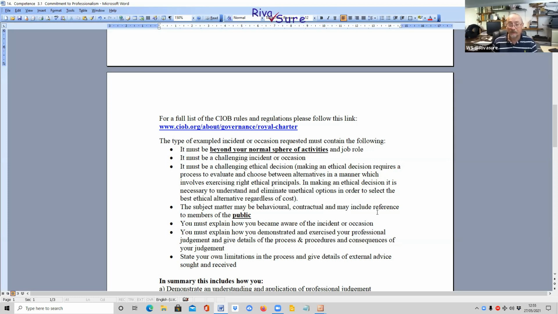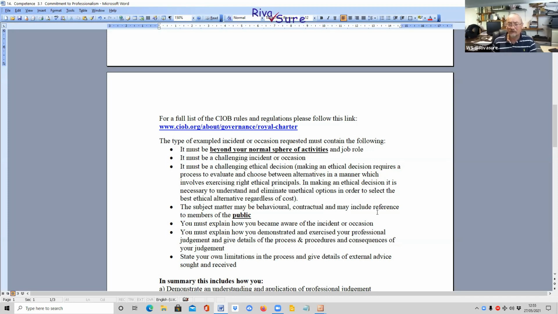In making an ethical decision, it is necessary to understand and eliminate unethical options in order to select the best ethical alternative, regardless of cost. Subject matter, so it could be, for example, behavioural, contractual, and may reference members of the public. And when you write up your report, you need to demonstrate how you became aware of the incident,